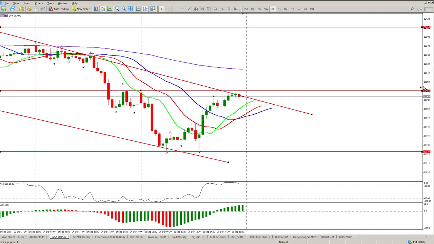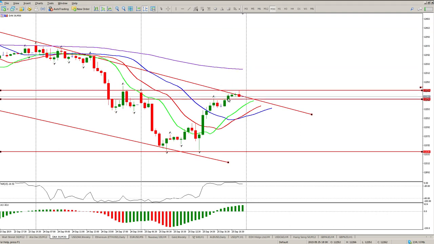So the only thing on this 30-minute that I'm going to use, let's leave that one there. Let's use this one here. So there's our fractal. We have had a break above it going into close, so take it with a pinch of salt. This should also be a fractal here. No, it's not. Sorry. We've got another high there. So what I'm looking for is a break above the fractal above the alligator, which I've got. And then I'm looking for an entry long with a stop below the low of yesterday, which is the next